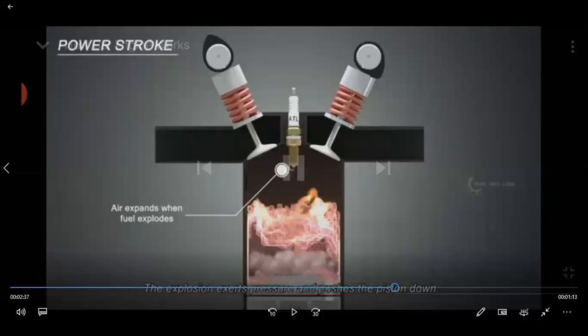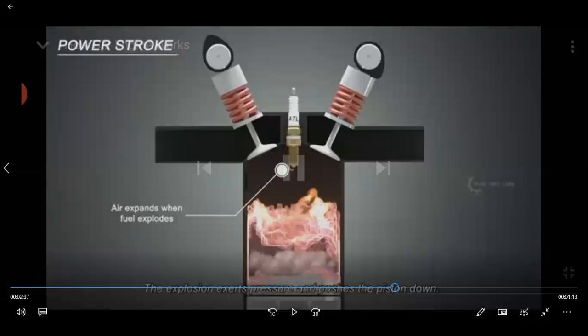Explosion exerts pressure, and because of that pressure rise only, because the fuel is burned here to create a pressure rise, the pressure rise is pushing the piston down, and therefore this is the power stroke. Out of the 4 strokes, here only we are getting the power, and the piston is pushed down. The piston is pushing down, therefore the connecting rod, which is connected to the piston, moves down and rotates the crankshaft, and that power is transmitted to the wheels via the gearbox and the propeller shafts which are there in the arrangement.